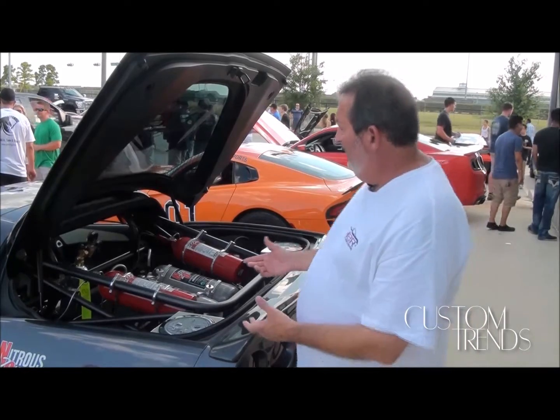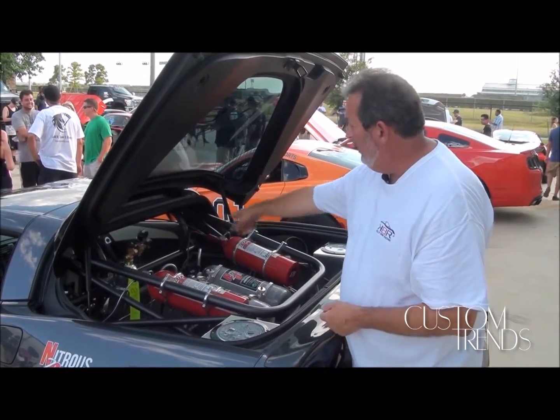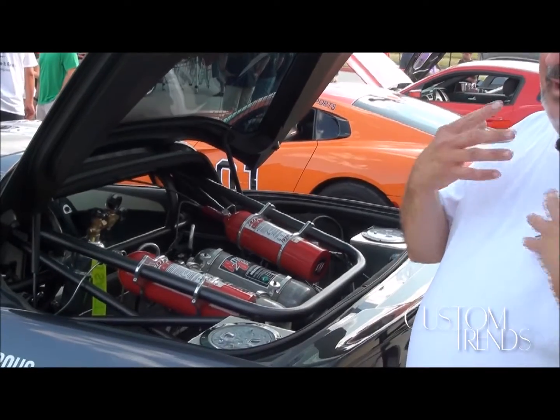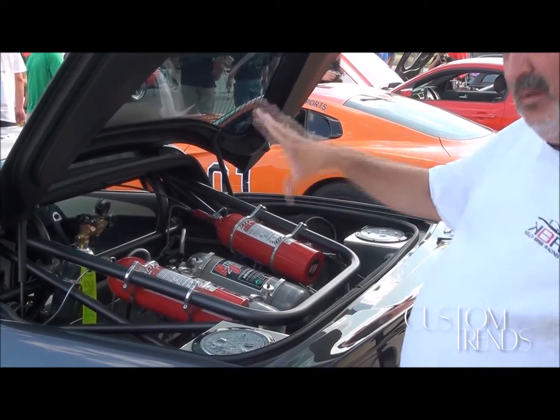So this car has two fire extinguisher bottles, as you can see right here with the lines, these little silver lines. They go throughout the car with nozzles on each side of the engine, each side of the turbo, by your foot, coming up by your head. So I push one button and these two fire extinguisher bottles will just put out the whole car